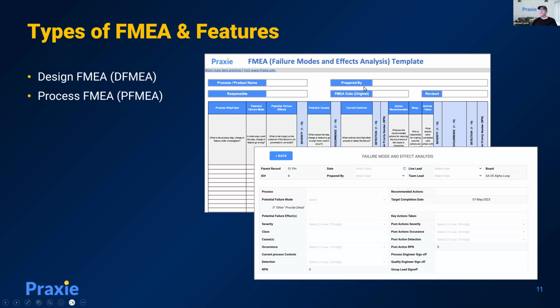This is actually our Excel version. We built an Excel version years ago, and you've probably played with Excel versions yourself. In an effort to get out of Excel versions, we then created a digital online version where you can create multiple failure mode effects analyses on processes and create those RPNs. We've now blown this away and moved to a complete AI one, which is what we're going to be demonstrating